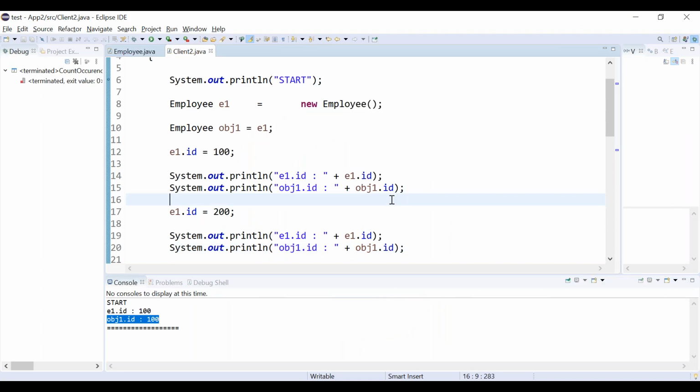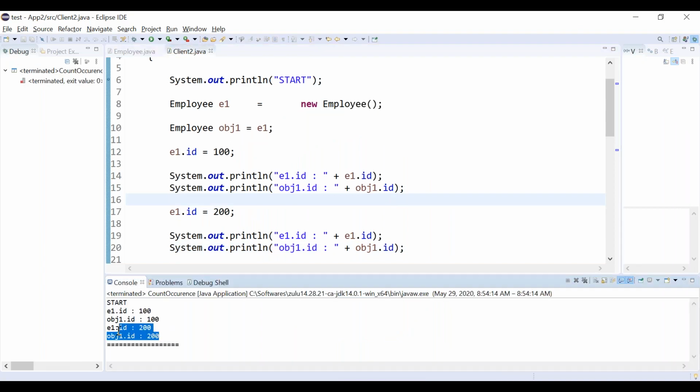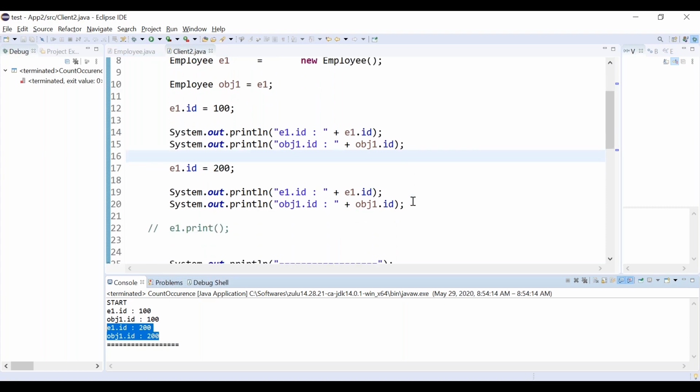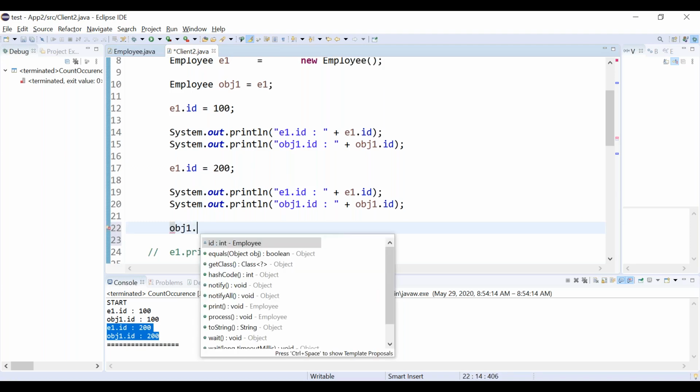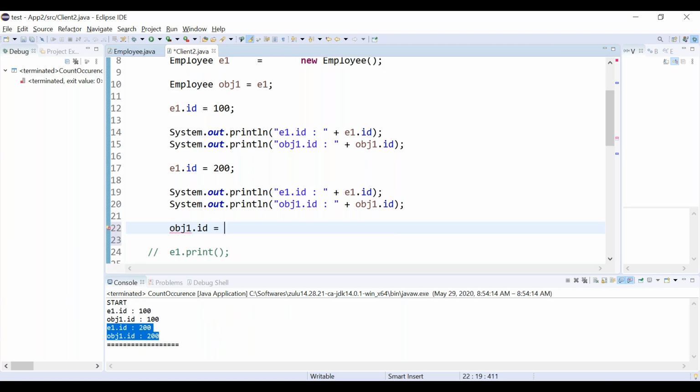Let me rerun it. See here, after modifying I am printing it. You can also modify using obj1.id. It doesn't matter, you can modify through any reference, because both are pointing to the same object. If I use obj1.id equal to 300, what will happen?